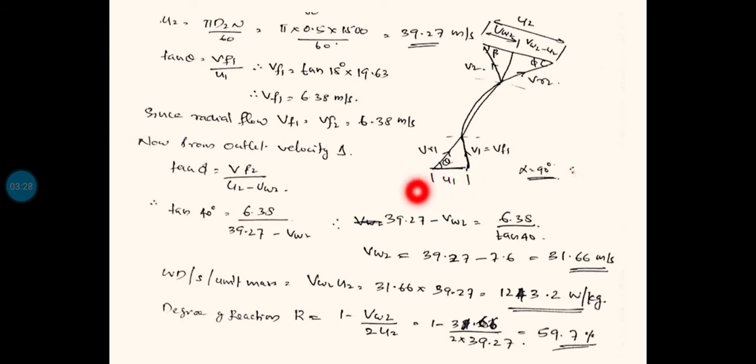This quantity is U1, the blade tip velocity at inlet, VR1 is the relative velocity at inlet, and this angle is theta. Now coming to the outlet velocity triangle, the fluid flows through this blade, and the relative velocity will have the direction tangential to this blade along the flow. So this is the relative velocity direction, but the actual velocity, since the blade is moving in the opposite direction, V2 will be along this direction. This is the VR2 direction, and this is the V2 direction. The closing side between V2 and VR2 is U2, so this entire length is U2. Similarly, the closing side of VR1 and V1 is U1. You can see this is U1 and this one is U2.